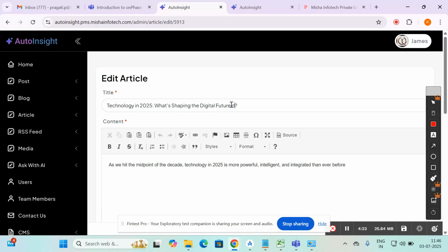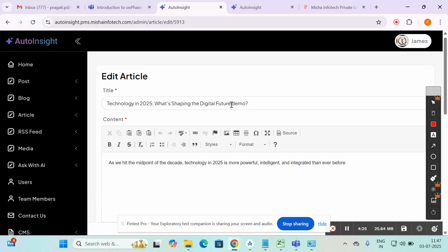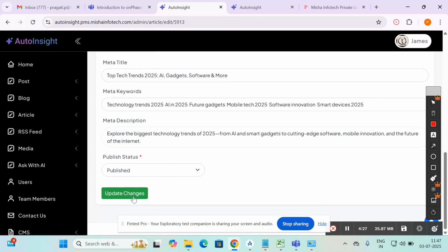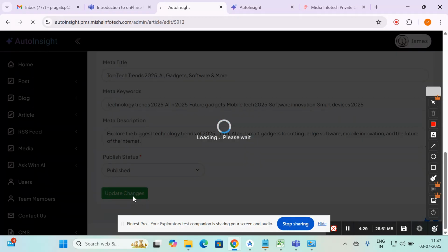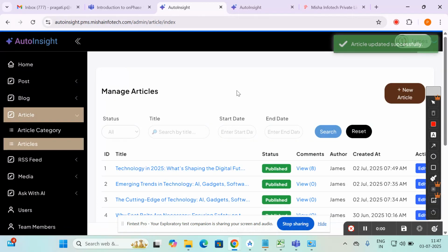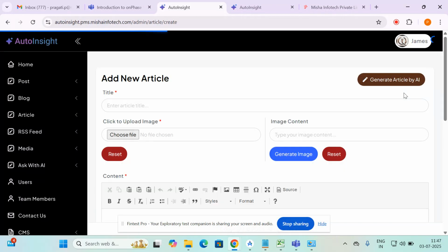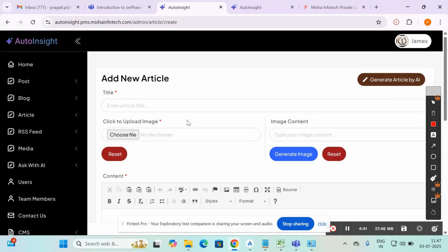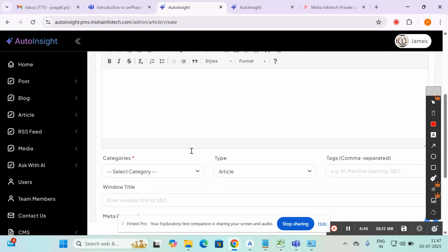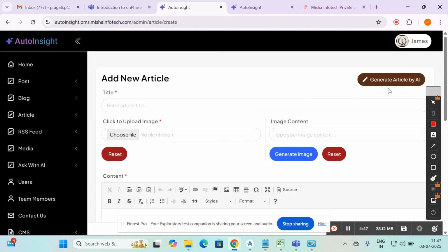Update changes. Article here successfully updated. If you want to add new article, then click on new article option. Here also is two option just like post. One is manually added article and second one is article generated by AI. If you want to add